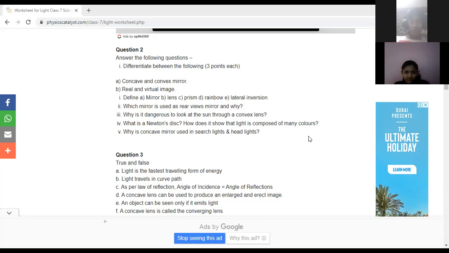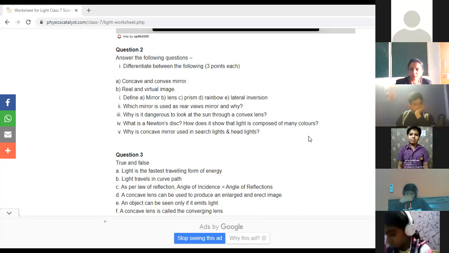What do you mean by simple lens? Lenses are transparent and they are available in different shapes: convex and concave lens. Concave and convex lens are the parts of the spherical mirrors. So what you can say about the lens, that they are transparent materials that are known as lenses. Next is prism.